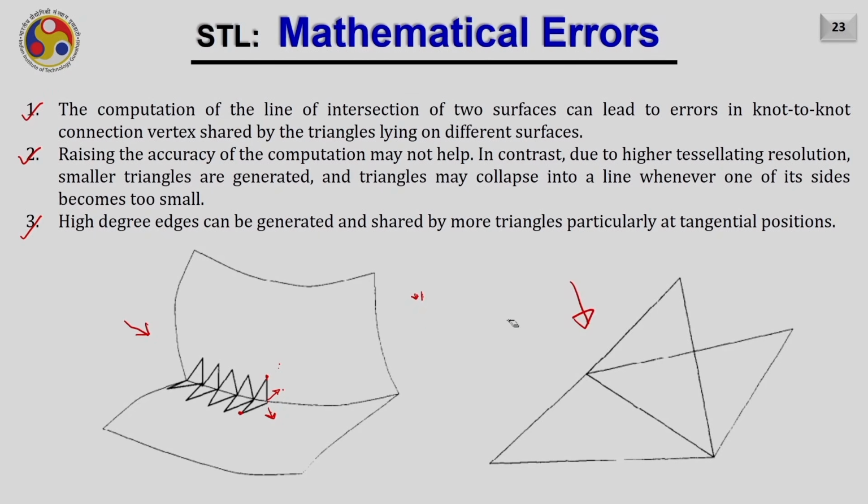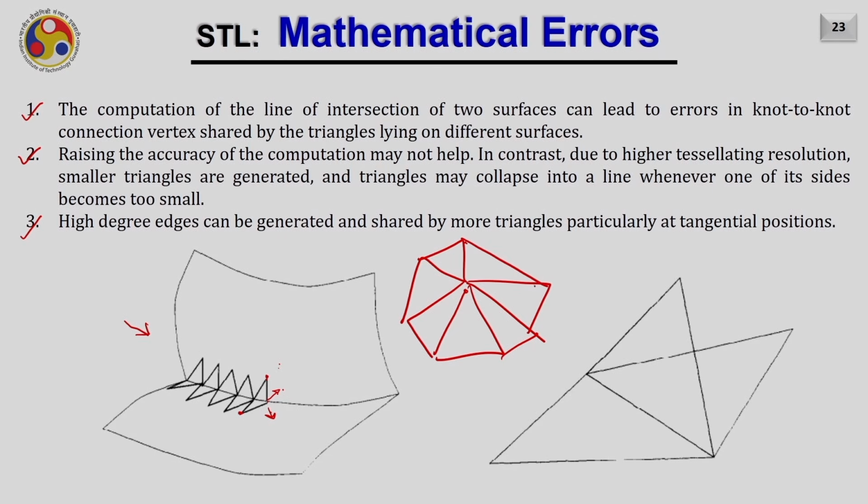Also, sometimes you will see errors like this. For example, there is a vertex which is shared by multiple triangles. And this is a common vertex.